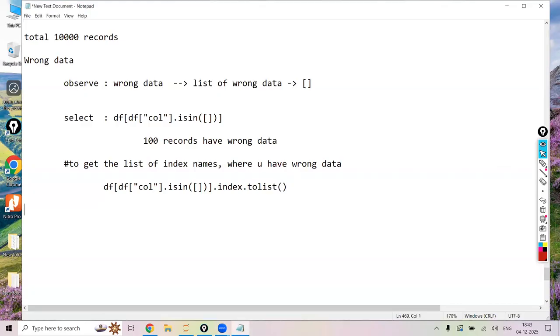After getting the list of index names, first what you are going to do is ask the backend team. You are going to send a question: these are the list of index names where we are having the wrong data, and they are going to give the original data. First, what you have to do is send a mail to the backend team